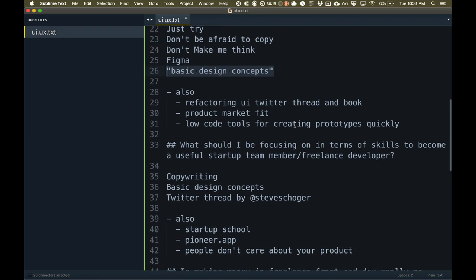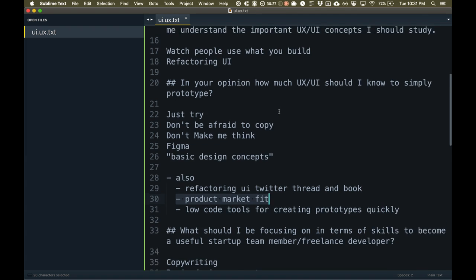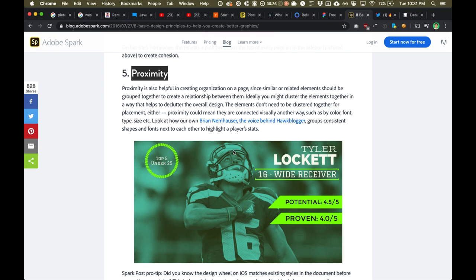Okay, the next thing is, we already went through the Refactoring UI Twitter thread and the book. Product market fit. So in the email this person sent me, they were talking about how they were trying to find product market fit.